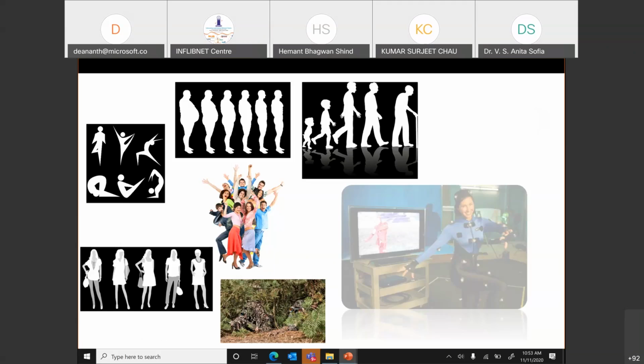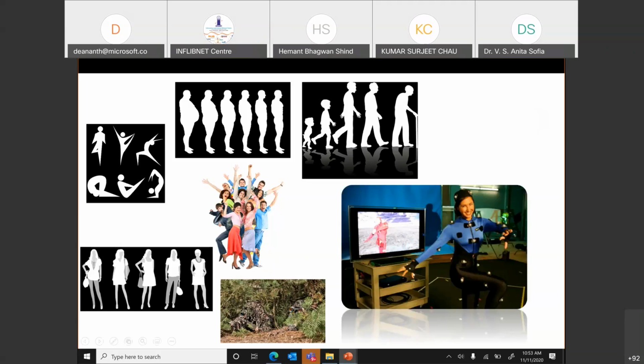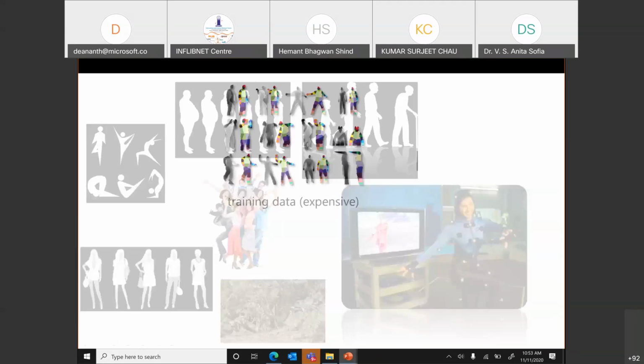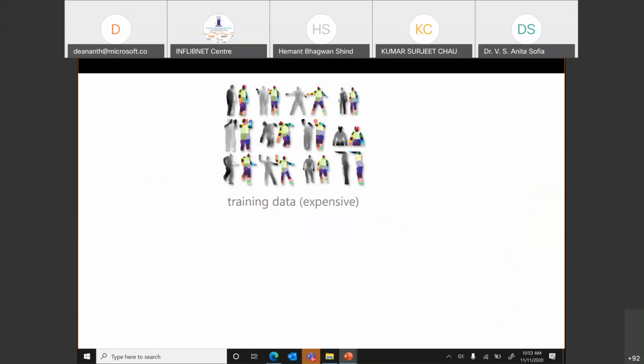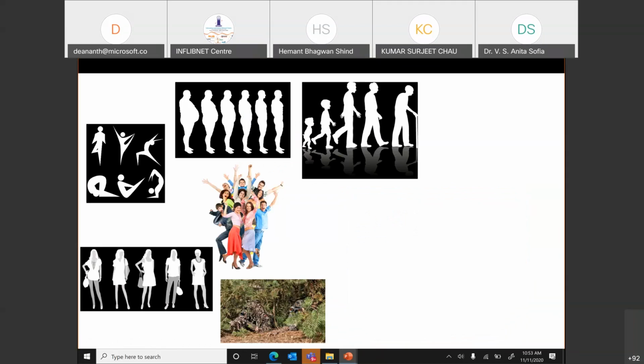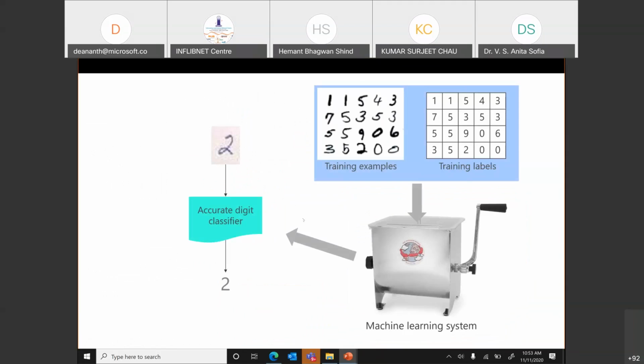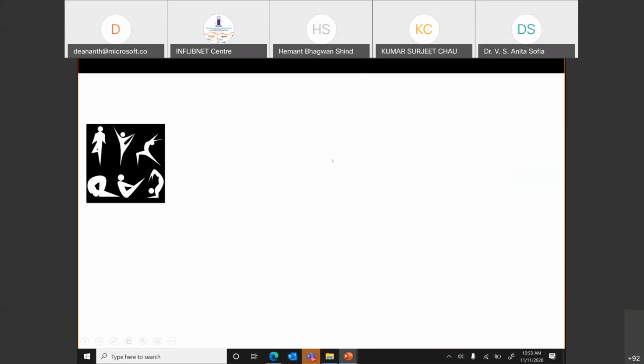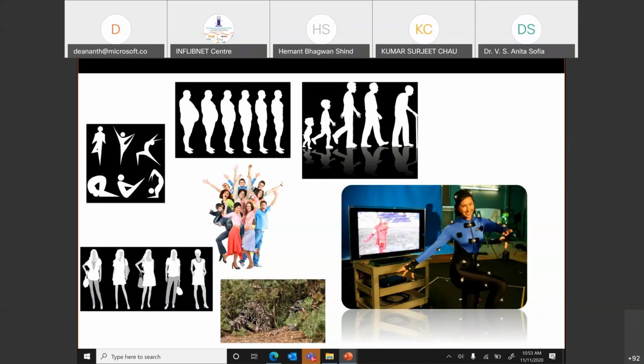That is where the scientists have said you have to identify certain key body portions and certain dots. This is how a lot of Xbox games are being played. Now, when you had to come up with image samples to understand digits, it was easy to get the training sample. For images like this, the use cases are almost infinite. So how can you do it?